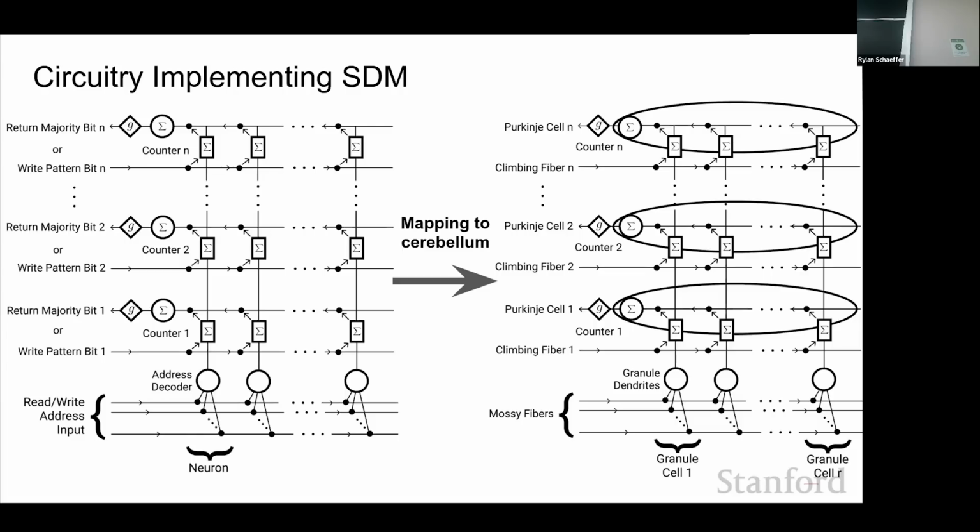So what's really unique about this circuit is the fact that you have these two orthogonal inputs, where you have the muscle fibers bringing information in to decide if the neuron's going to fire or not, but then the totally separate climbing fiber lines that can update specific neurons and what they're storing and will later output. And then the Purkinje cell is so important as kind of doing this pooling across every single neuron. And each neuron, remember, is storing a vector this way. And so the Purkinje cell is doing element-wise summation and then deciding whether it fires or not. And this allows you to store your vectors in superposition and then later denoise them.